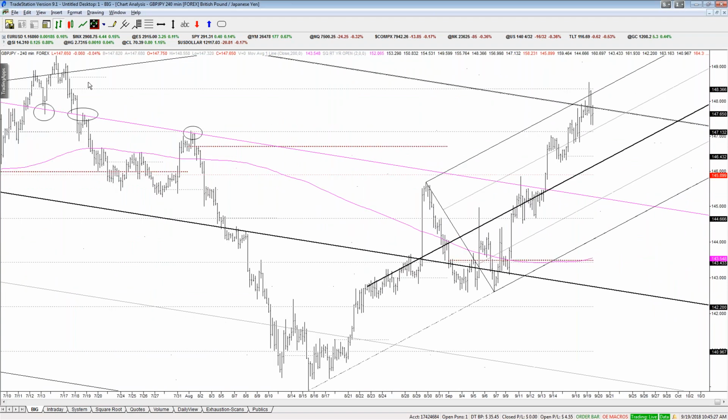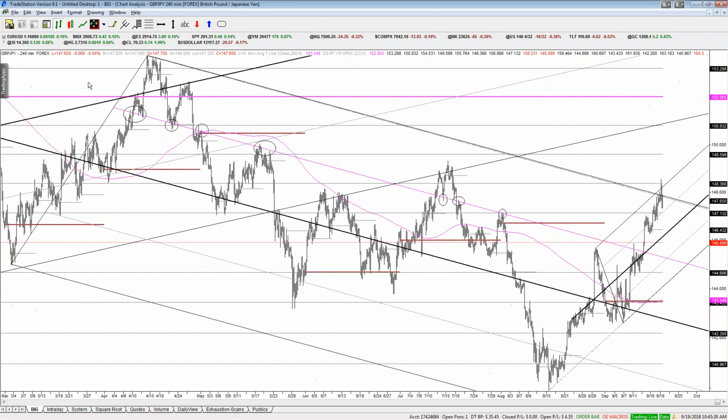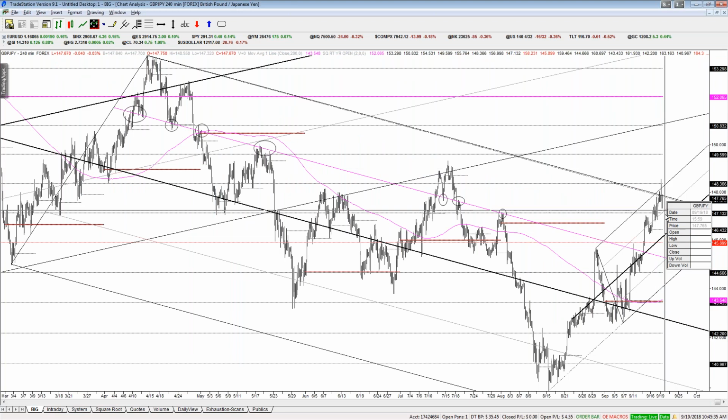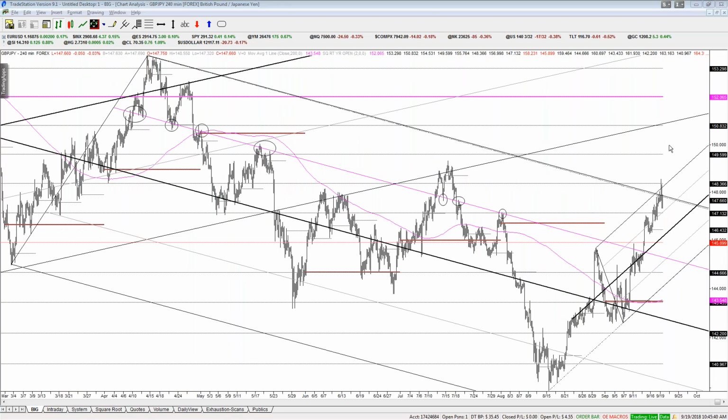So you are testing a significant level in Pound Yen, and would therefore be wary of us coming off a little bit more here, right? Now, we can see that. You look at Aussie Yen, looks bullish. Pound Yen, I wouldn't say looks bearish, but it's at resistance, and I wouldn't want to be getting bullish here. So put those together and you get Pound Aussie,